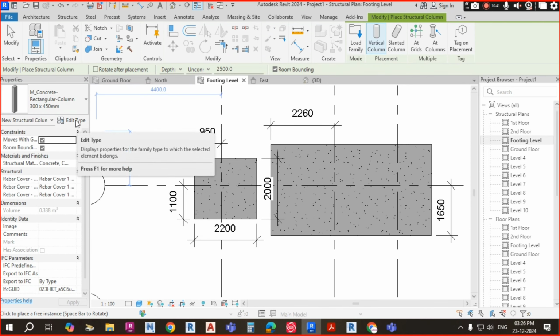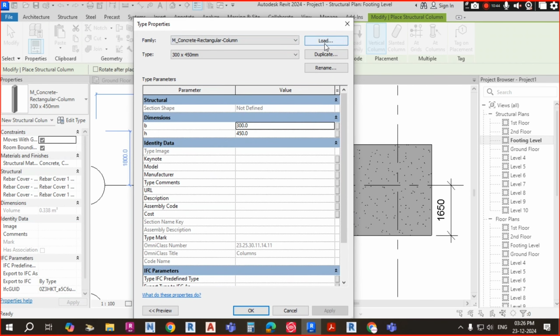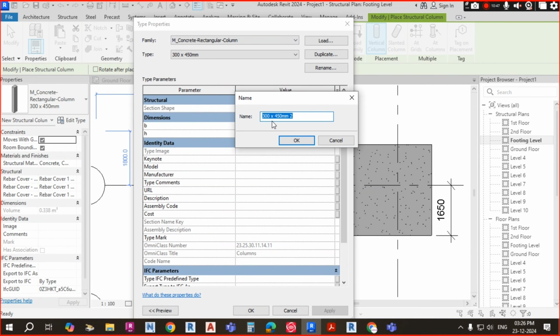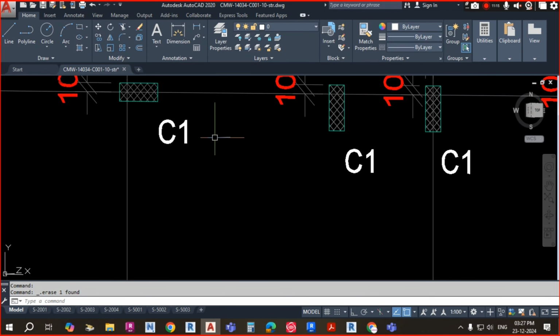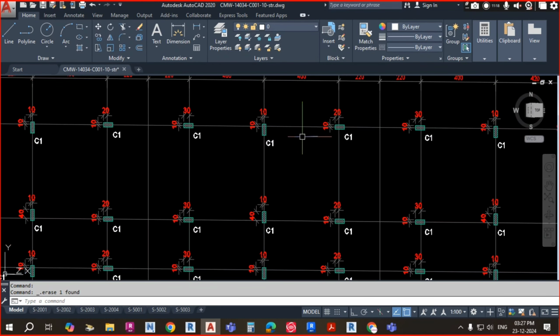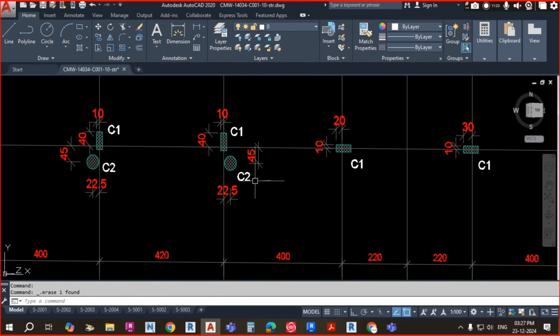Now the same process again: you have to go to edit type and make it duplicate, because the existing size, whatever it is, you should not change; you have to make it duplicate. Here the column width is 200, and the length is 500. So 200 by 500, and here underscore C1, because each and every column here is showing C1. Am I right? C1, C1. You can see all the C1, and here also you can find there is a C2 column,